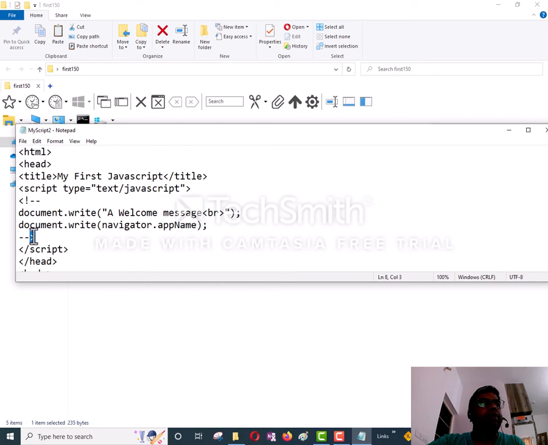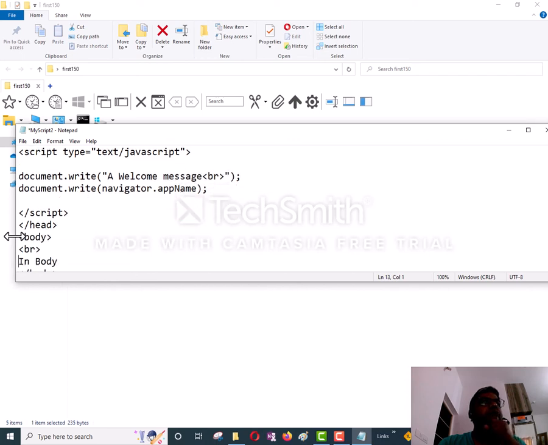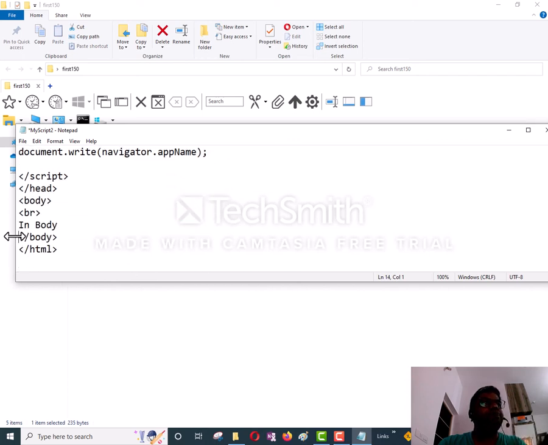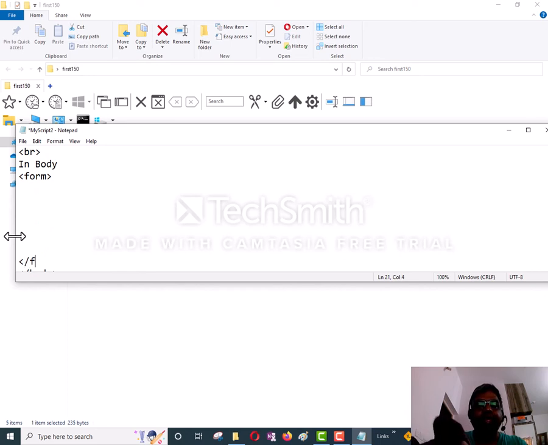Now I'll remove these things which you don't need, and now what I will do is, below the body, I will use the form tag. As you must be recollecting, the form tag is the tag which is used to send data towards the server. And within the form is the input type,